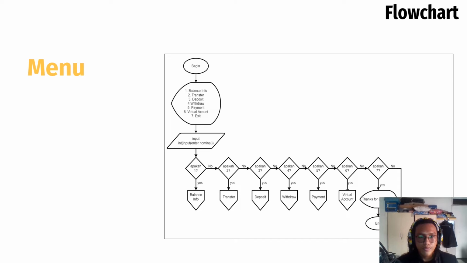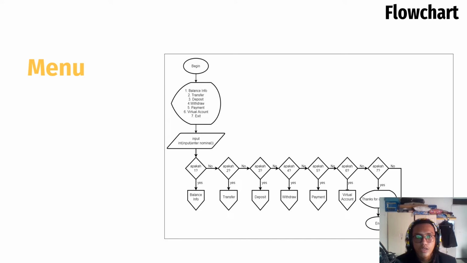Next, in this menu flowchart, starting from the beginning, it displays a selection menu, then the user inputs numbers 1 to 7.